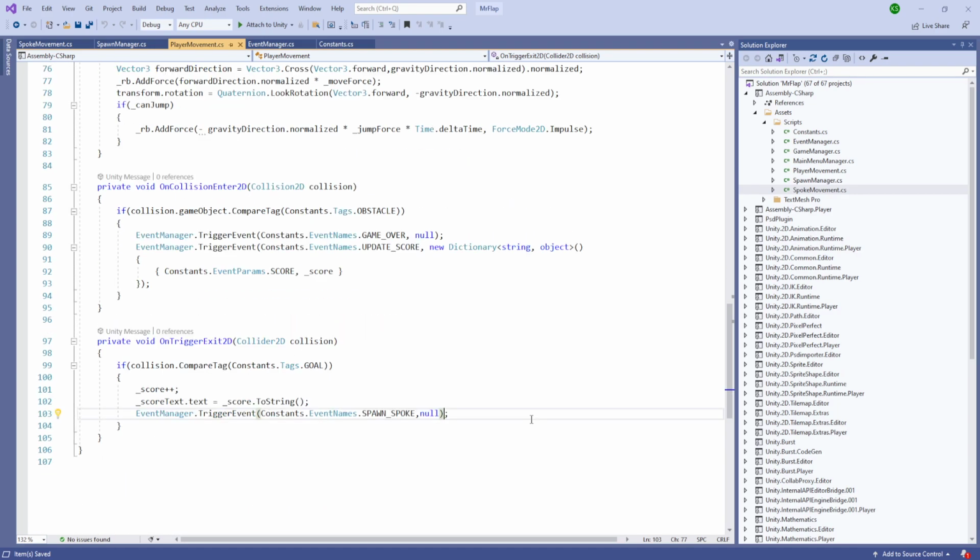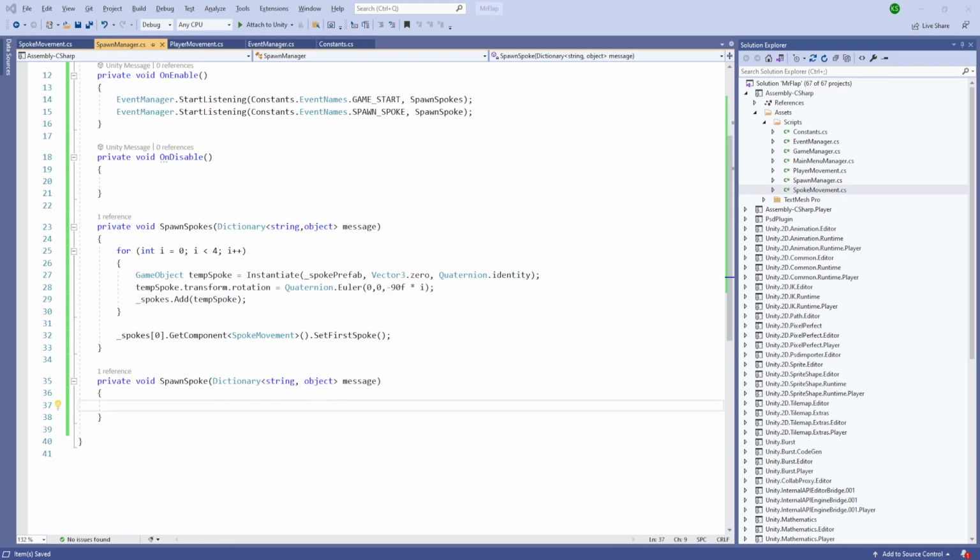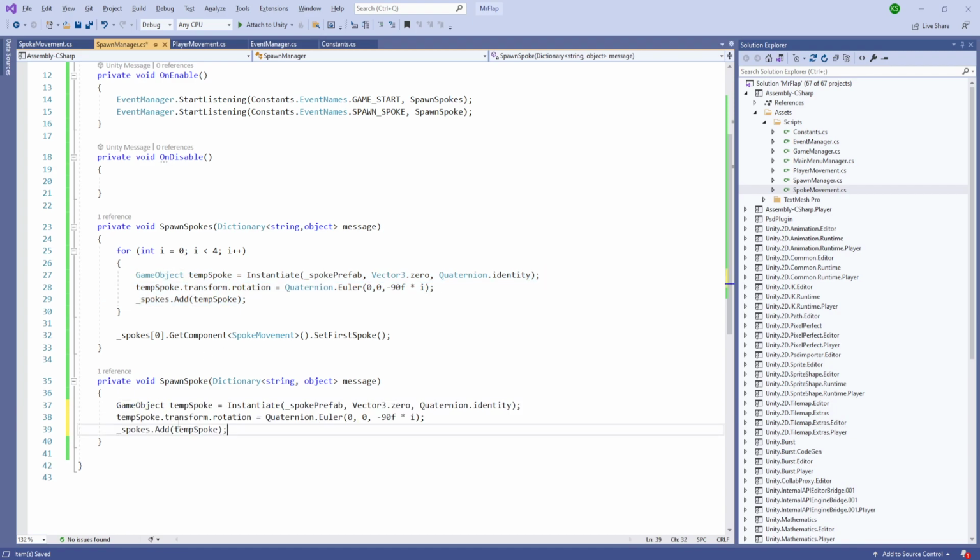But where is the score? Inside our update scope, trigger event spawn spoke. Okay, we need to also add the spawn spoke. So let's go inside our SpawnManager, and inside our spawn spoke function, let's first add our spoke, and we don't need anything. And after having our spoke,